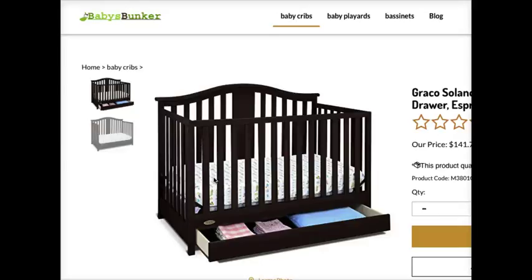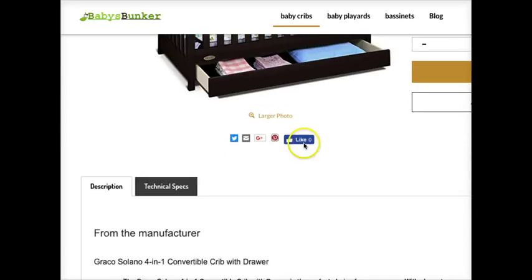Okay, so now we look at this page with our baby crib here that we want to update. So number one, we realize we can't use the same content that is just copied and pasted, right? We're going to have to change that because Google doesn't want to see that. Well, we don't have to make up something all brand new.